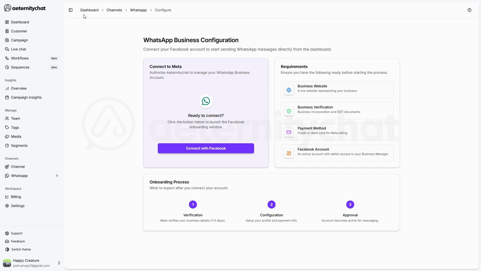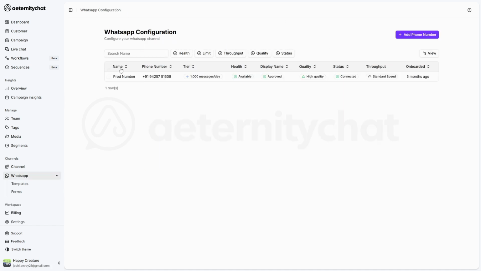Going back to the WhatsApp configuration page, you can see the name of each number, the phone number associated with it, and the tier. The tier indicates the message limit, meaning how many messages you can send. You see the health of the number, whether the display name is approved or not approved, the quality rating of that particular number, the status of that number, the throughput, and the onboarding date. If you want to see WhatsApp forms,